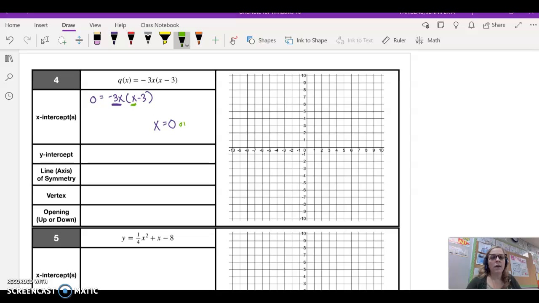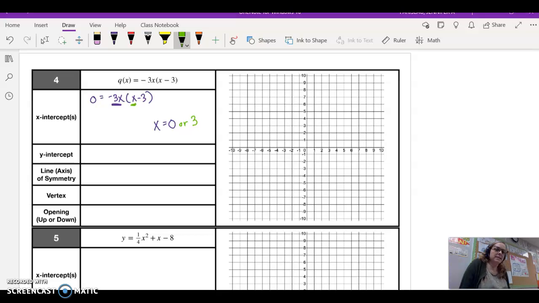Well, it would equal 3. If this was a 3, this would 0 out, and 0 times negative 9 would be a 0. Okay, so we have our x-intercepts. Now, in this case, to get to the next part,